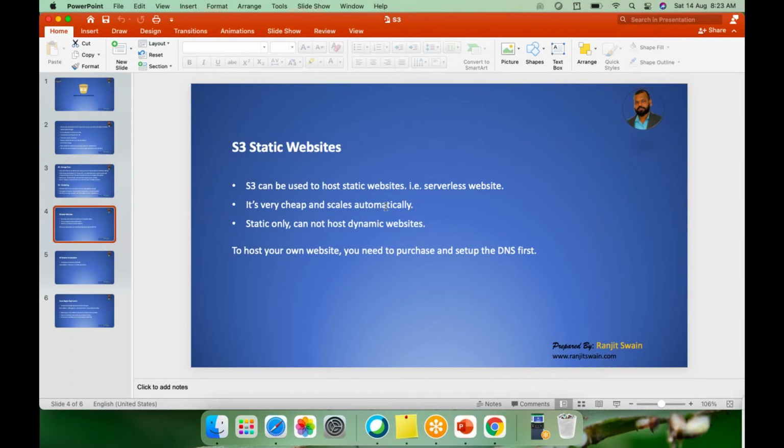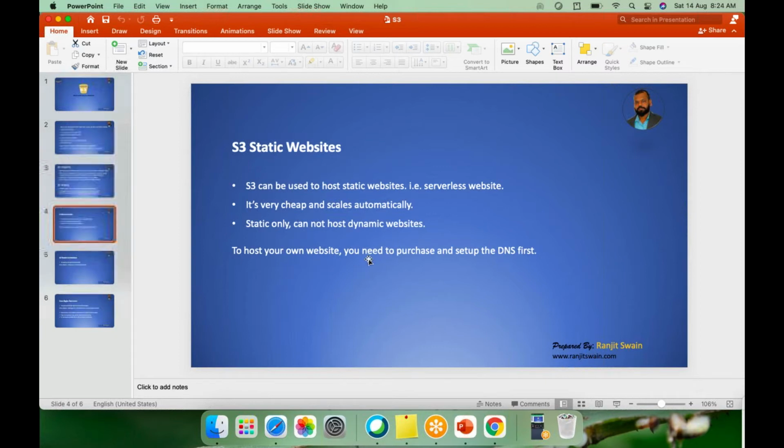Like I told, up to 5 GB it is actually free. Your website will definitely not go beyond 5 GB of data unless you are making enterprise level websites or web applications. Okay, so static only, it cannot host a dynamic website.